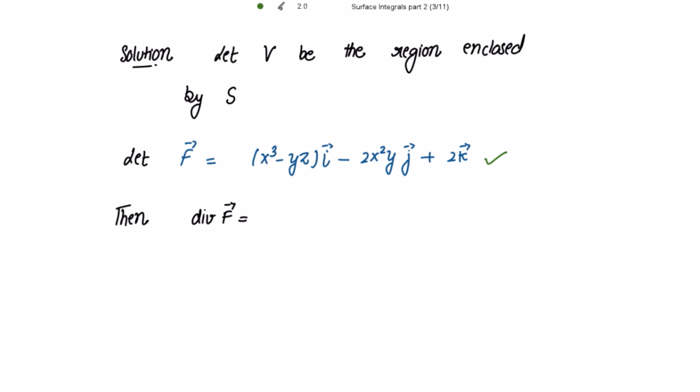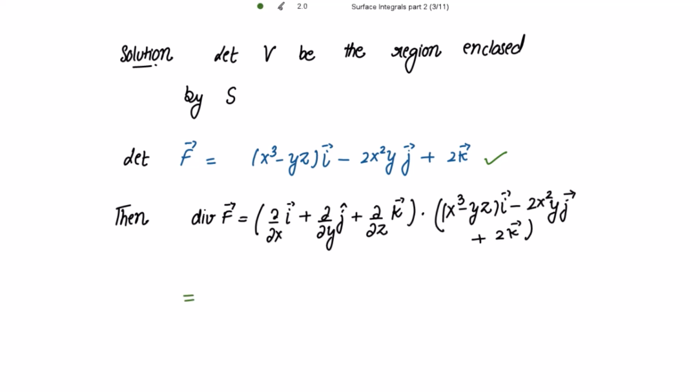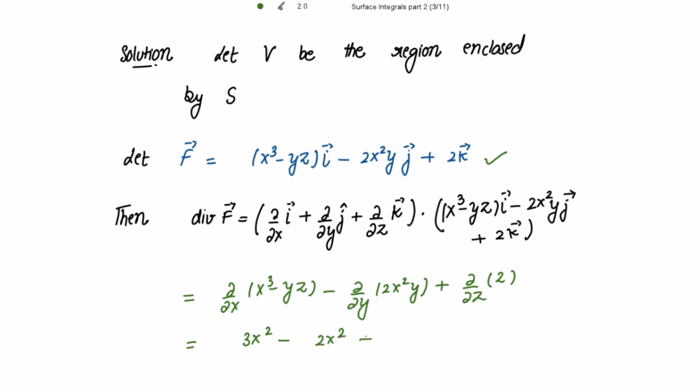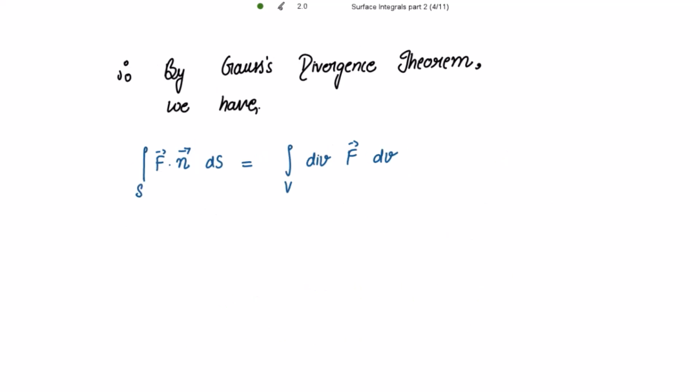For Gauss's divergence theorem, we need to find the divergence of F vector. So that is the dot product of del with F vector, which is equal to derivating x cube minus yz with respect to x, minus derivating 2x square y with respect to y, plus derivating 2 with respect to z. So that is equal to 3x square minus 2x square, and this is 0, so that gives us x square. So now using Gauss's divergence theorem, the surface integral of dot product of F vector with N vector